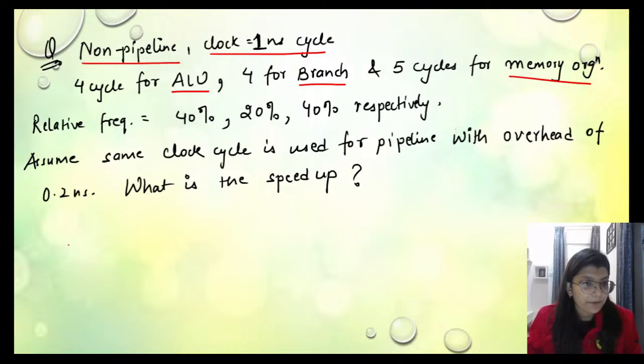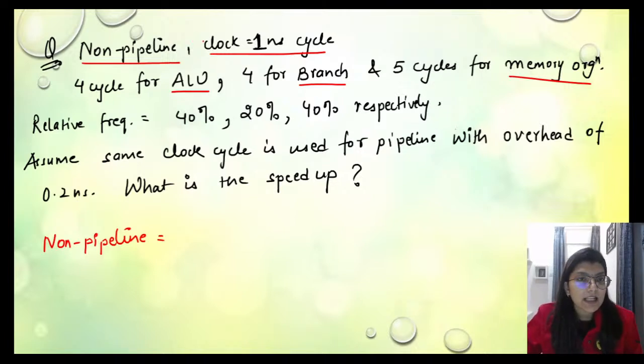ठीक है, सो अगर हमें फाइंड करना है नॉन पाइपलाइन का एग्जीक्यूशन टाइम, वैसे तो यहाँ पे क्वेश्चन में क्या दिया हुआ है? क्वेश्चन दे आर सेइंग व्हाट इज द वैल्यू ऑफ स्पीड अप. स्पीड अप का फॉर्मूला वी नो दैट एग्जीक्यूशन टाइम ऑफ नॉन पाइपलाइन डिवाइड बाय एग्जीक्यूशन टाइम ऑफ पाइपलाइन. ठीक है, एंड हमें एग्जीक्यूशन टाइम का फॉर्मूला ही पता है कि नॉन पाइपलाइन के केस में जो हमारा फॉर्मूला होता है वो होता है n मल्टीप्लाई बाई TN, एंड पाइपलाइन के केस में हमारा फॉर्मूला होता है (k + n − 1) इंटू TP.